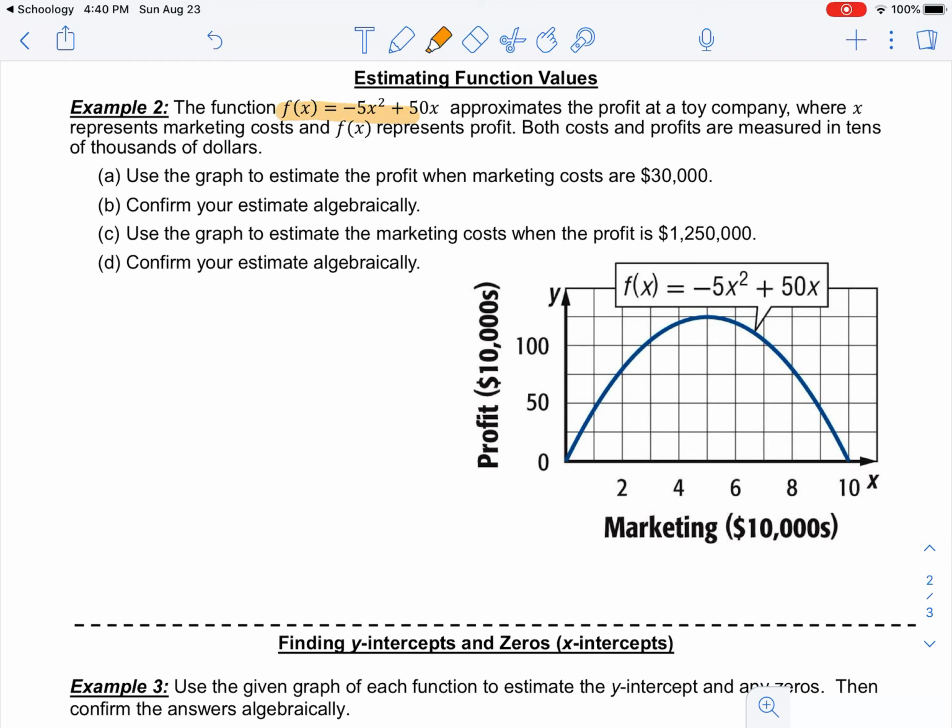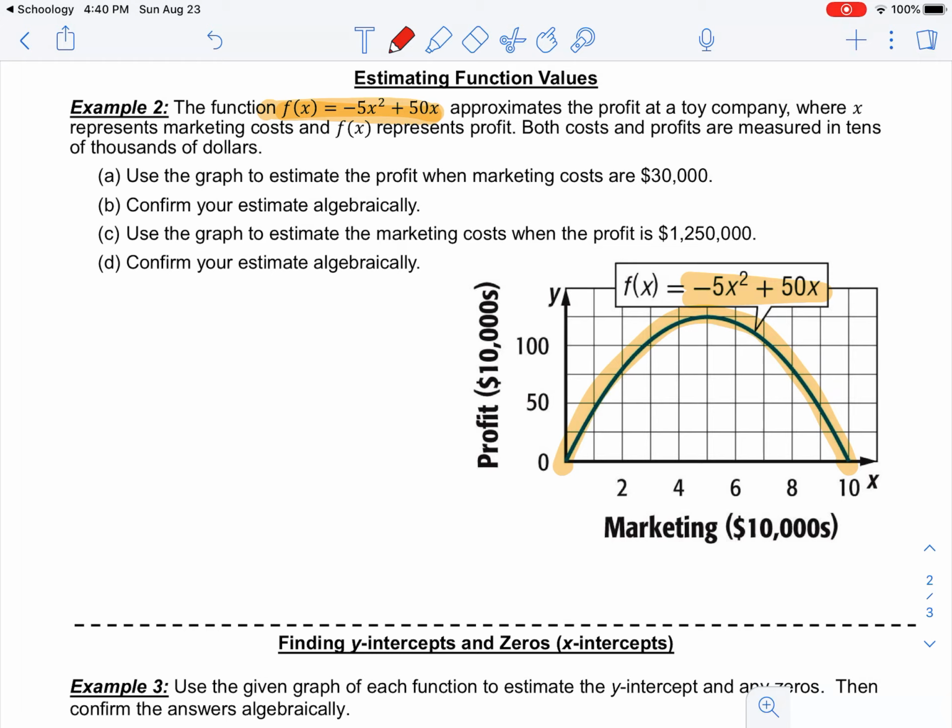Also notice right here that this is a downward facing parabola. That's the equation for it. And this is a downward facing parabola. It's only part of it because the negative values we're not going to be using if we're talking about cost and profit. Okay, so A says, use the graph to estimate the profit when the marketing costs are